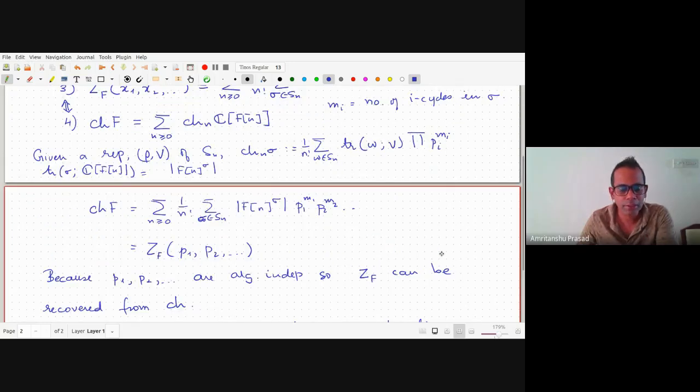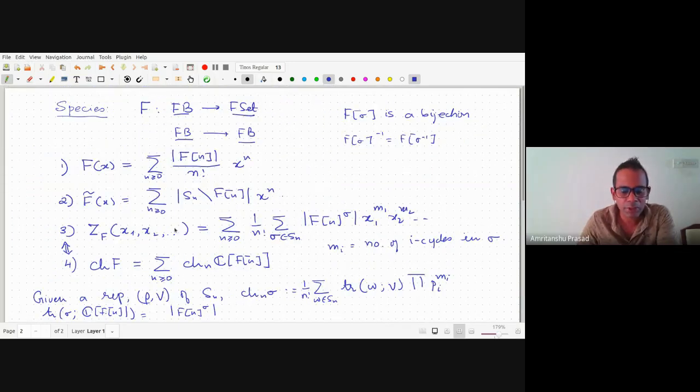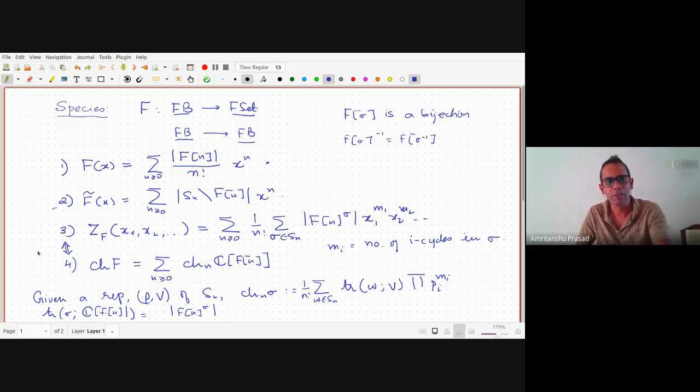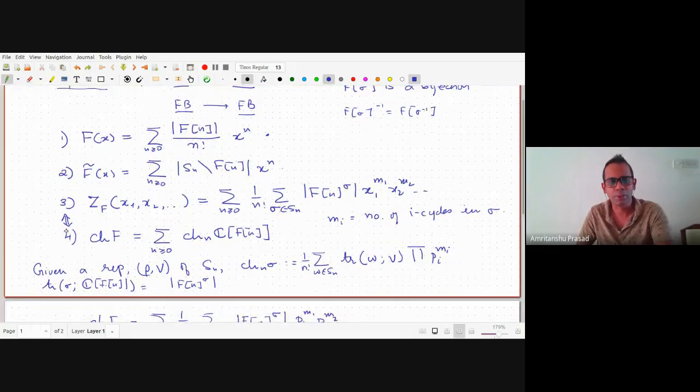And what we shall see today is that we'll perform certain operations on species, and usually the effect on this generating function will be very easy, whereas these two are a little harder. It is actually this cycle index generating function and sometimes this Frobenius characteristic generating function that will really allow us to understand what is happening to this type generating function. So let's just go on to the operations on species.